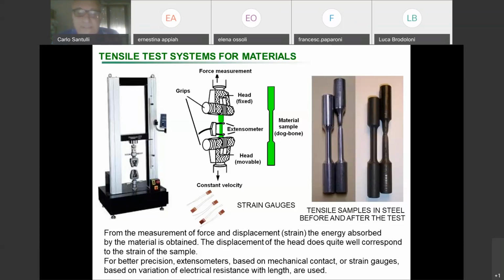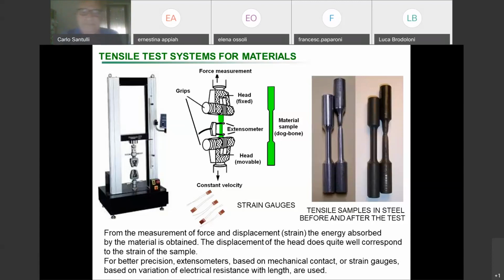Anyway, apart from all these details, it's important to remember that the tensile test is the first test done on the majority of materials, apart from concrete, which tends to be measured by compression test, and wood, which tends to be measured by flexural test. We'll give more details on these tests later on. But also, for example, in plastics and composites, we usually perform a tensile test, and even on rubber. Okay.